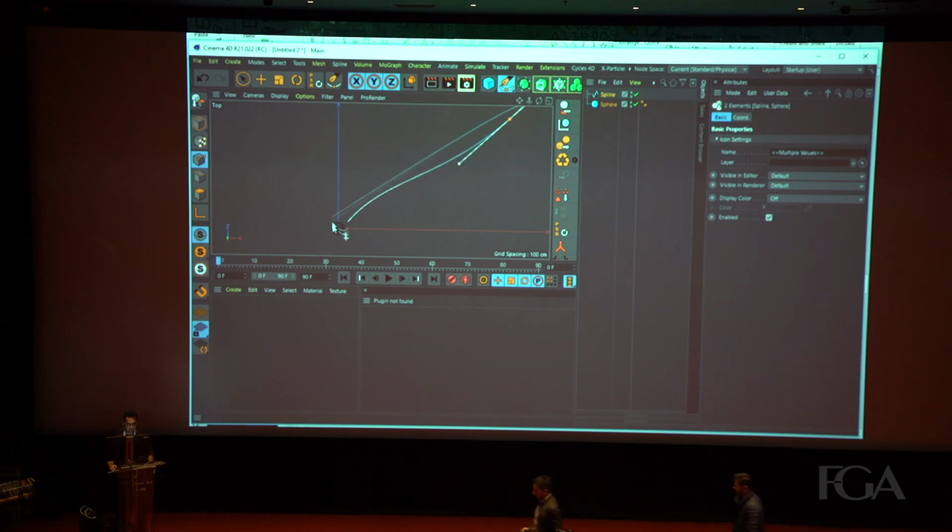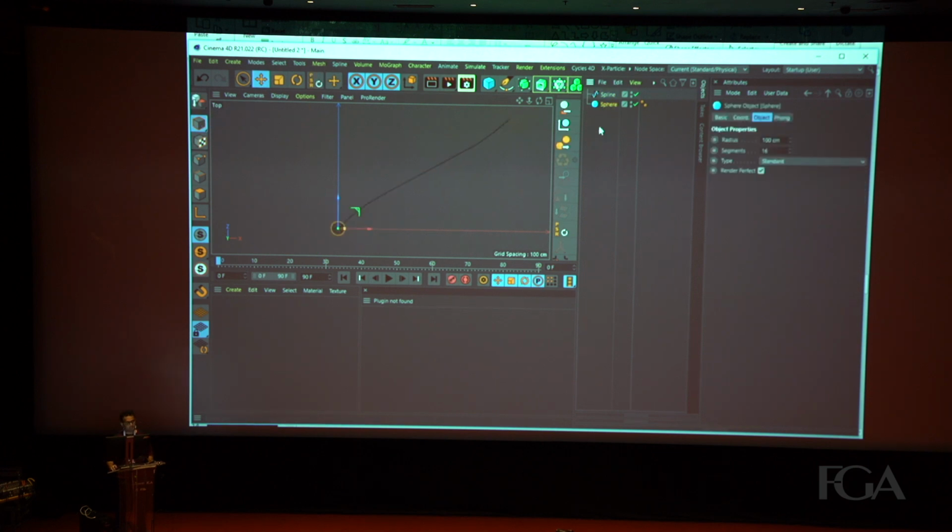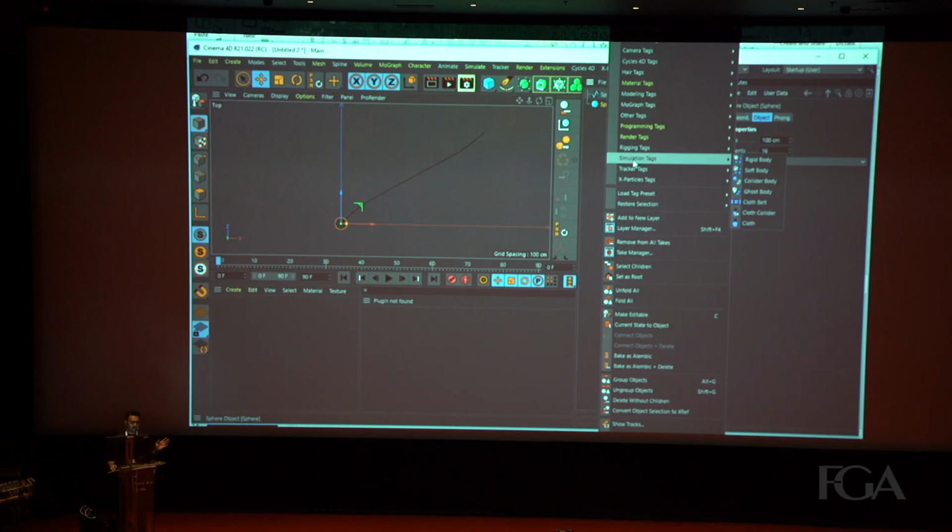If you have a spline, just draw a spline maybe, and just keep it here. And use the dynamics as we used before, because field forces work on dynamics. You can really art direct your dynamics towards a specific direction wherever you want.